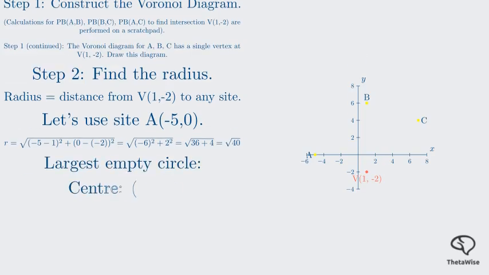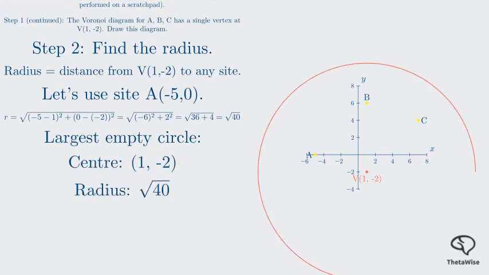Therefore, the largest empty circle for these sites is centered at (1, 2) and has a radius of the square root of 40 units. This problem illustrates the crucial connection between the geometry of the Voronoi diagram and the largest empty circle. The vertex acts as the central point for the largest area of the plane that is far from all sites. For our final practice question, we'll analyze a pre-drawn diagram to answer several questions, which is a common